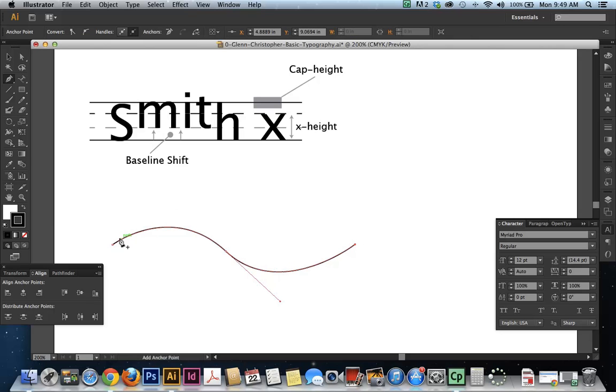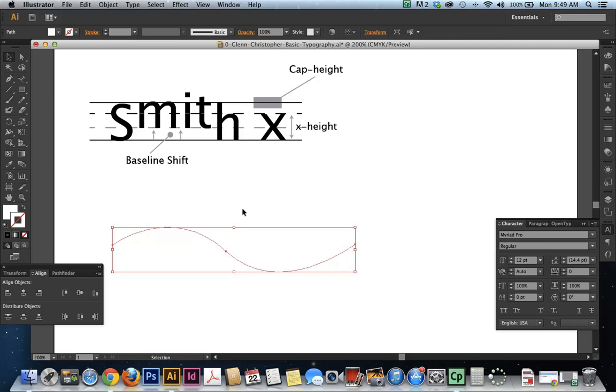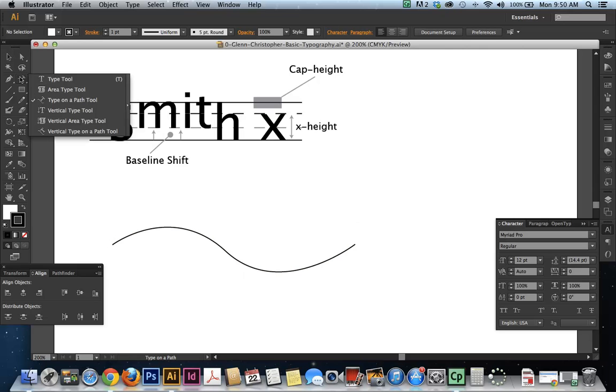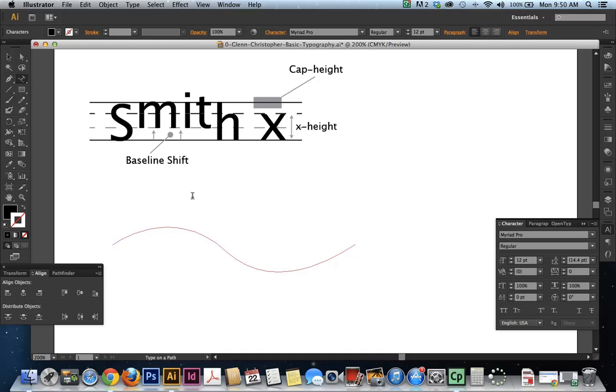Now right now our path is a black stroke. Sometimes you might draw a line and you won't see anything because it doesn't have a black stroke. So you can click on this thing to do the default fill and stroke right down here, and you'll see your line. Now we'll go on the type tool, click and hold, and we'll go to the type on a path tool, and we'll click on the line, and wherever you click on the line is where it's going to start the typing. So right here I can say I